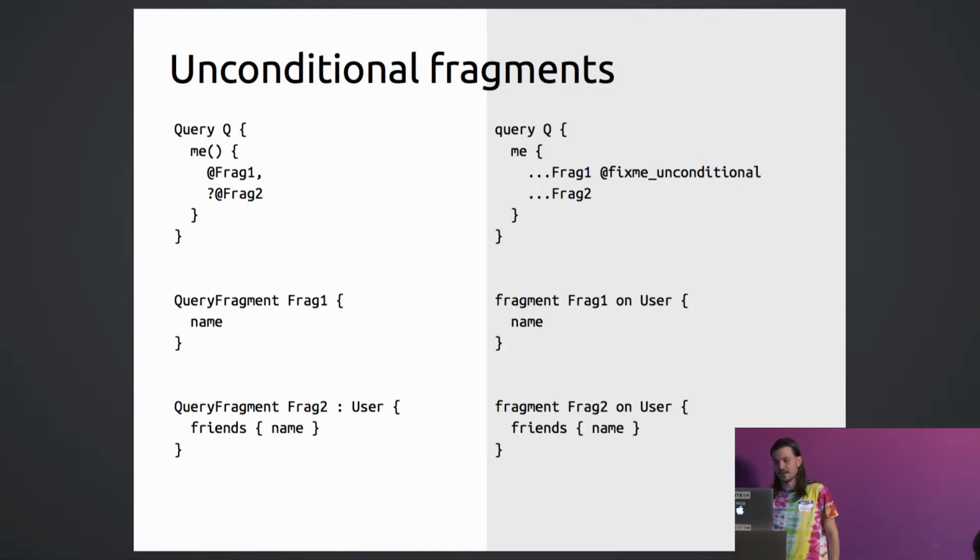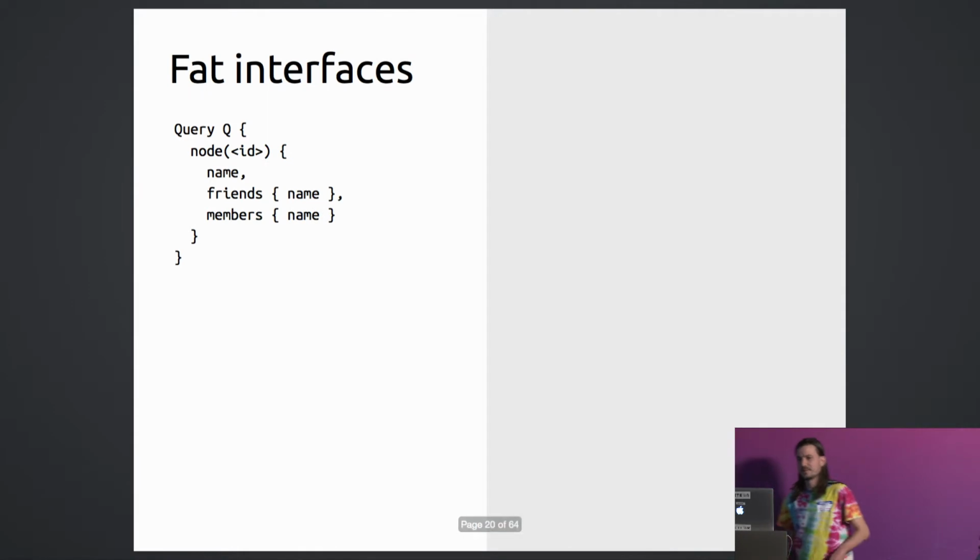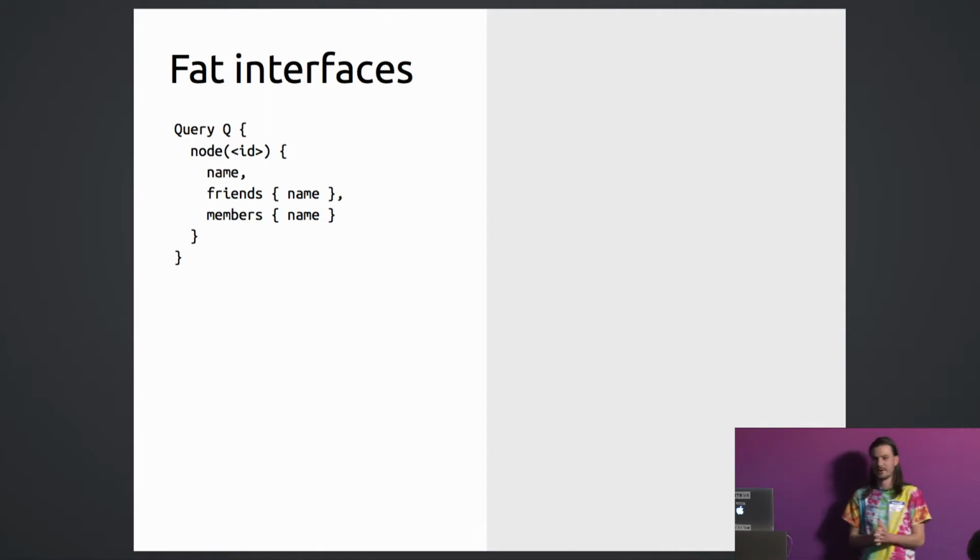And then one more thing that I'd like to mention. This is perhaps the most important change from legacy GraphQL to open source GraphQL. This is not a syntactic change, it's a change in behavior. The old GraphQL had this behavior that we call fed interfaces. It means that if there's an object, or in this case a root call that resolves to an abstract type, like node here, which can resolve to basically anything,